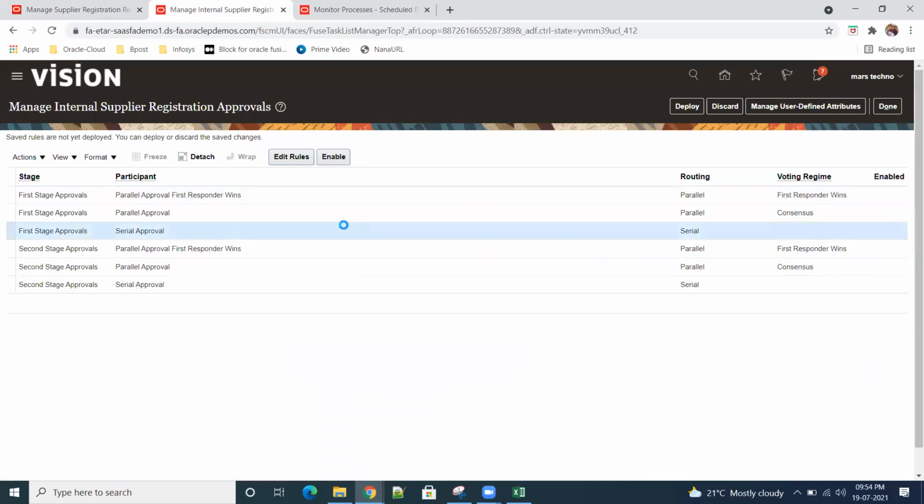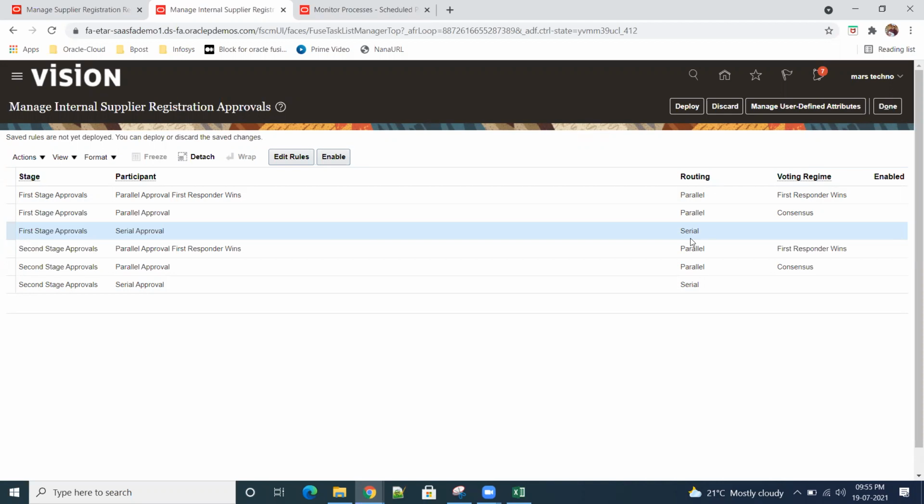See here also we have a concept. The approval routing types are serial and parallel. What is serial? For example, let's say I want to take leave. I added my leave in the system.